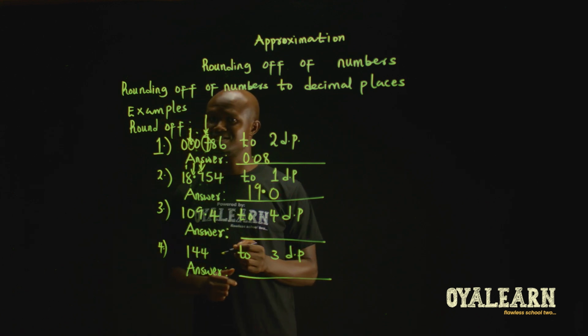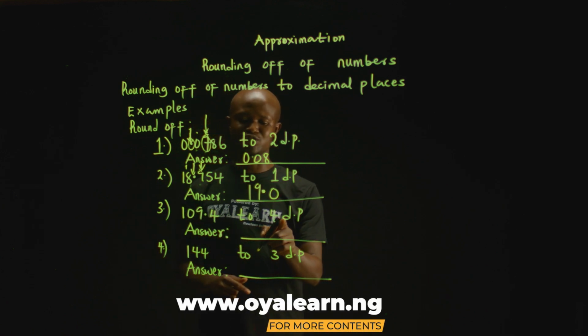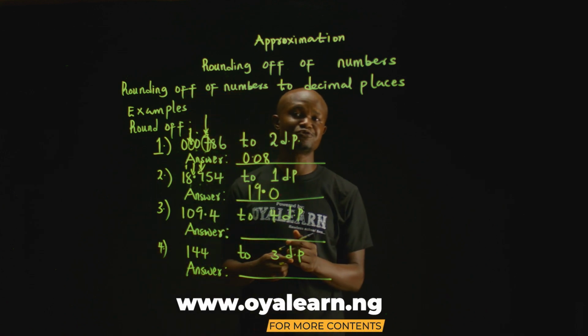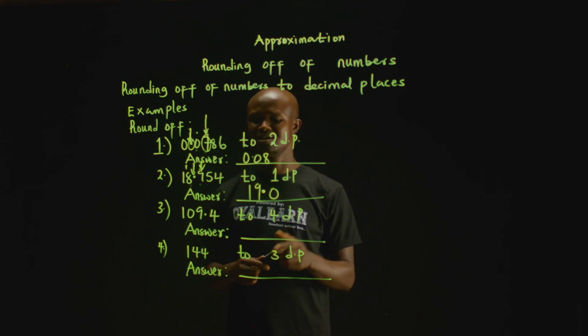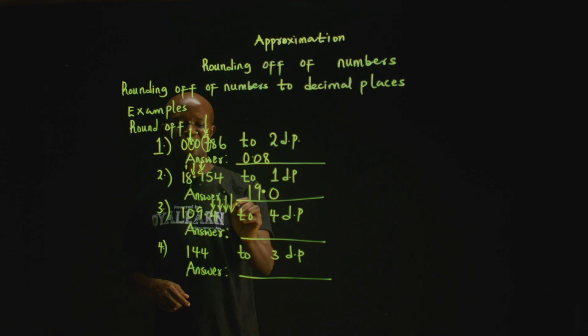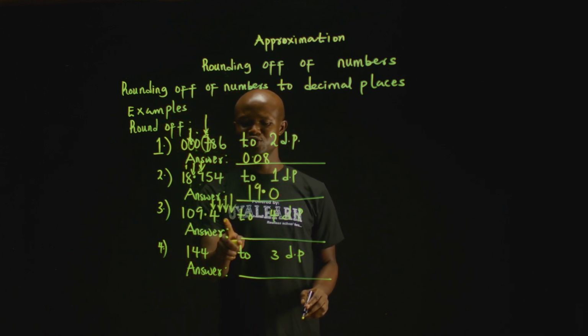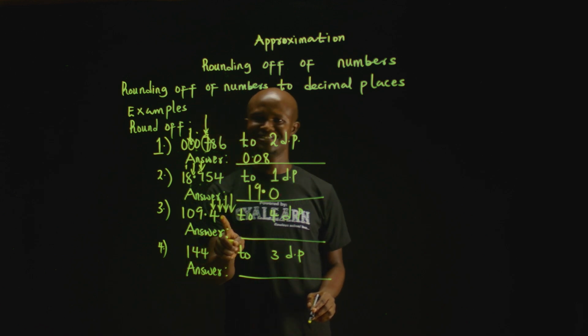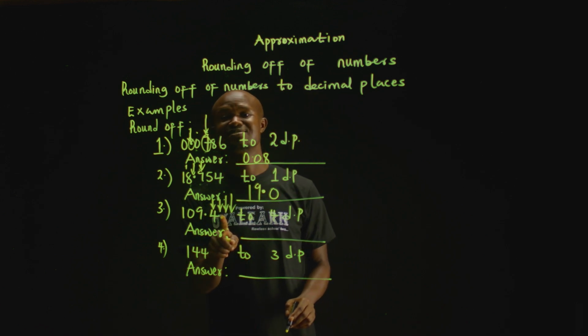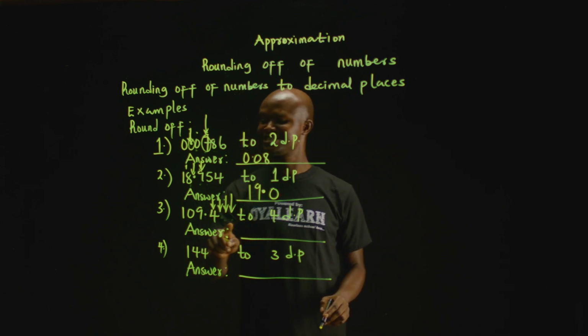After the decimal point, look at, we have 4. And we are asked to approximate this to 4 decimal places. So, after the decimal point, let's start counting. We have 1. Now, we have 2, 3, 4. We don't have numbers here at all. So, it means that the numbers that we are having are going to be zeros. That's the meaning. Because if I add zeros to all this number, it's still the same thing as